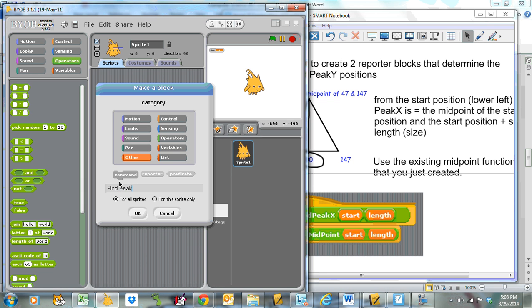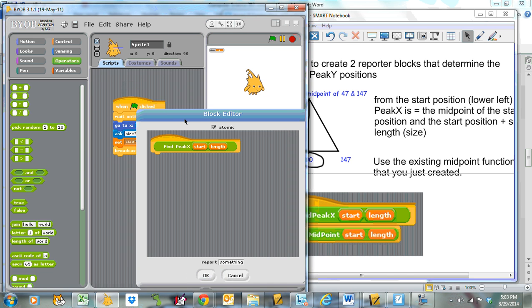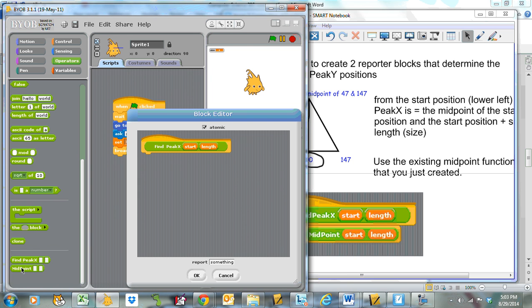Find peak X, percent start and percent length. Don't mess it up. It's going to be an operator. It's going to be a reporter. All right, I finally got it. Okay, we're going to find the peak X, and we're going to use midpoint here. Let me see if I've got midpoint. I do. And I'm going to report